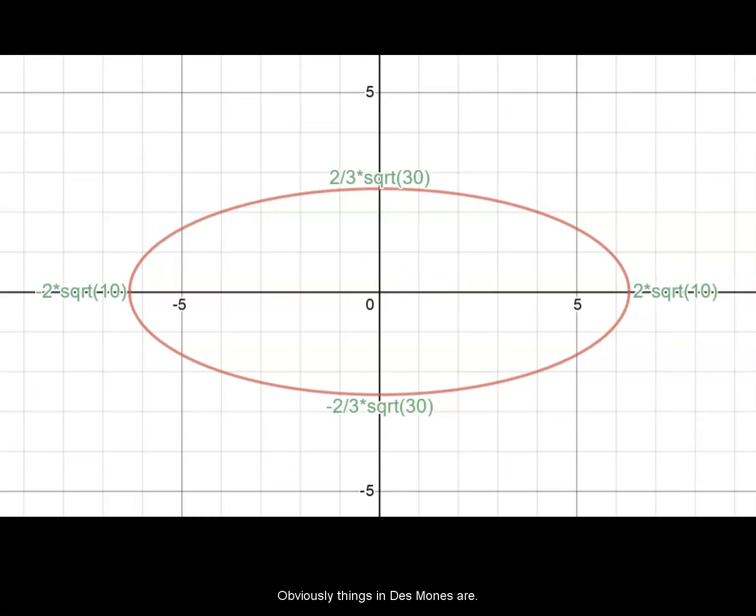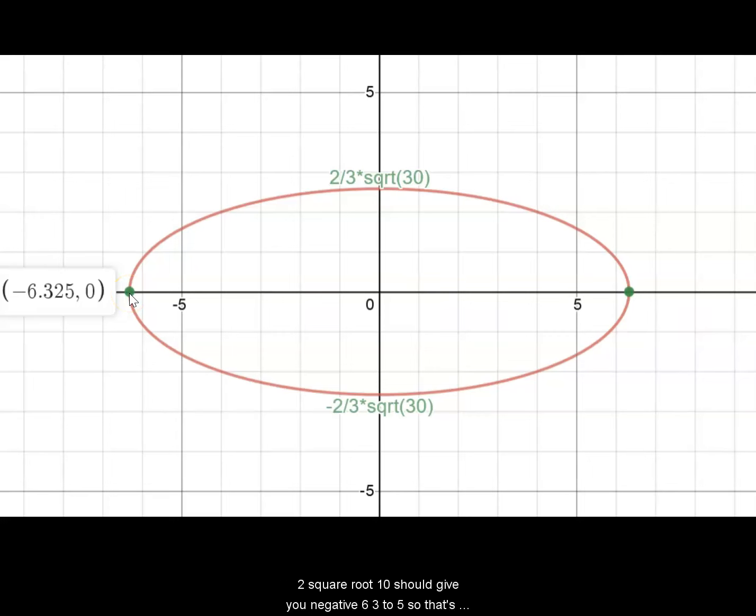Obviously, things in Desmos are decimal approximations, right? And I can't write an actual formula here on Desmos, not for square roots at least. But if you want to look at what these values actually are, let's take these labels off for a second. If you ever wanted to double check what that value is,